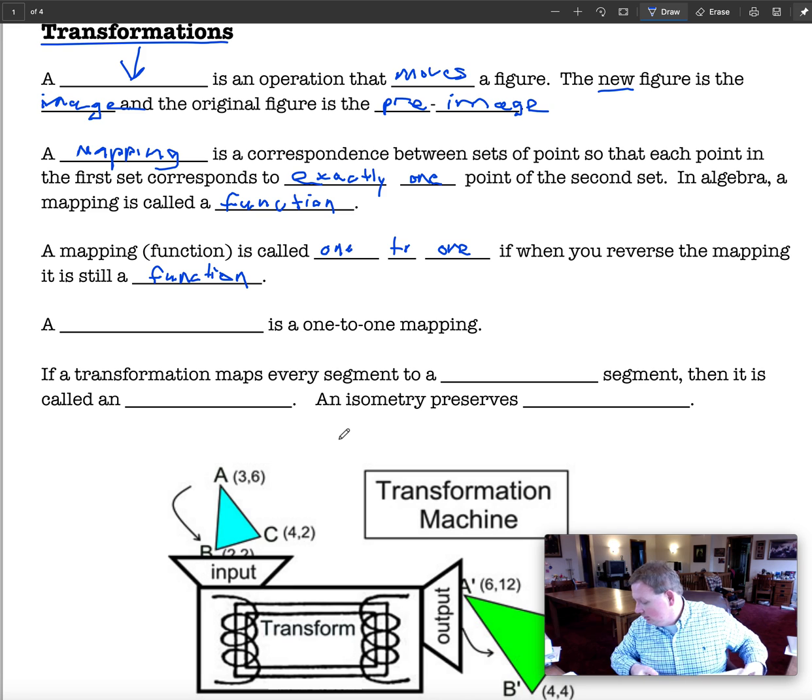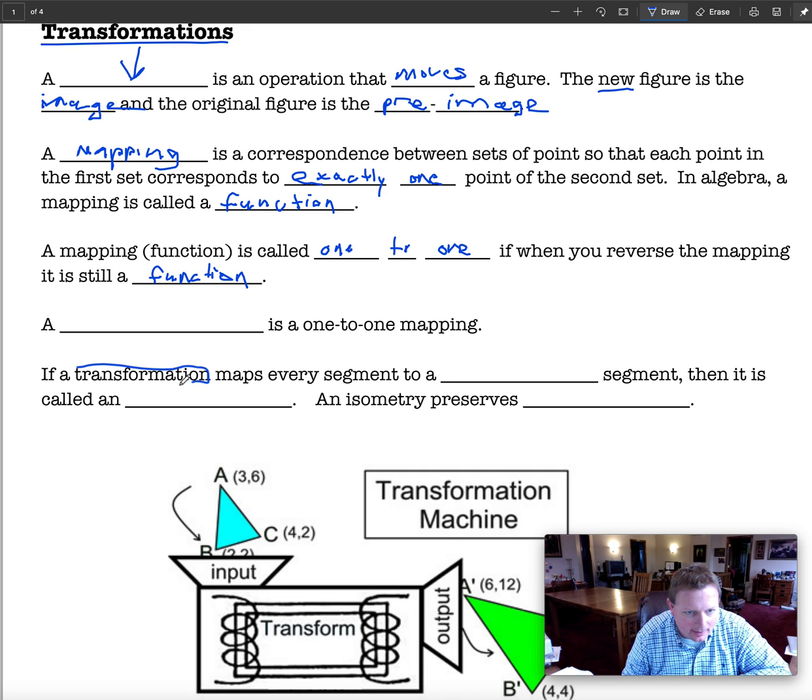And so a one-to-one mapping is a transformation. Same word. Right transformation right here. A transformation is a one-to-one mapping. Too much going through my mind right now. Sorry about that. A transformation maps every segment to a congruent